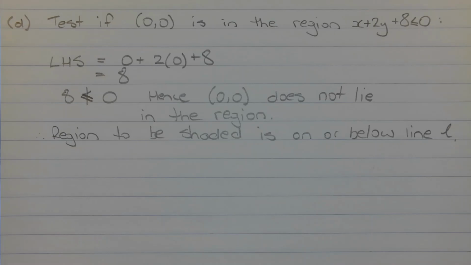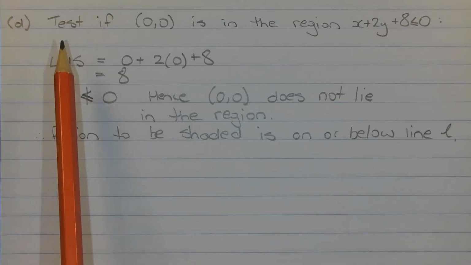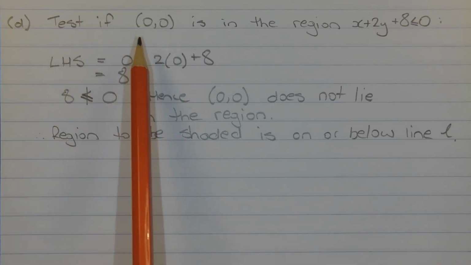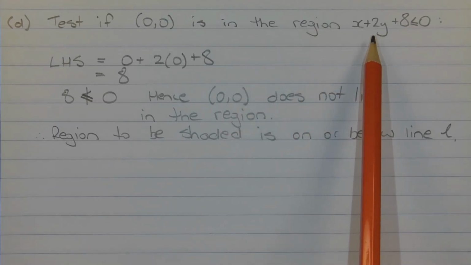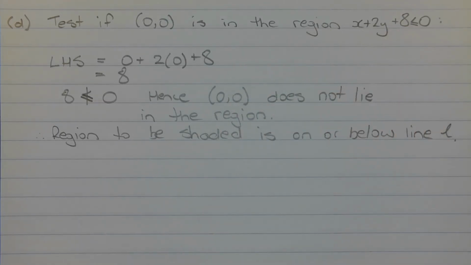The region we are going to shade is either going to be on or above line L, or on or below line L. And the way we can check is if we test a particular point, let's say the origin (0, 0), and check to see whether it's in the region x plus 2y plus 8 less than or equal to 0. So substituting x equals 0 and y equals 0 into the left-hand side of the inequality, we have